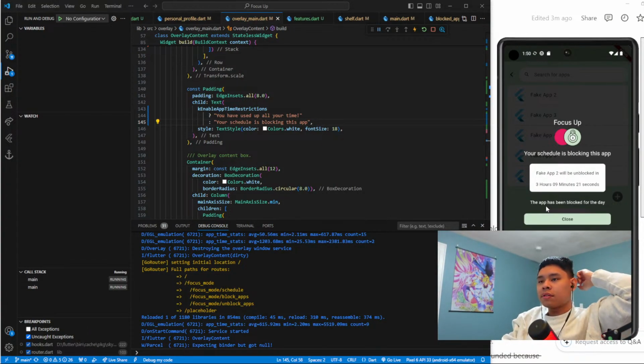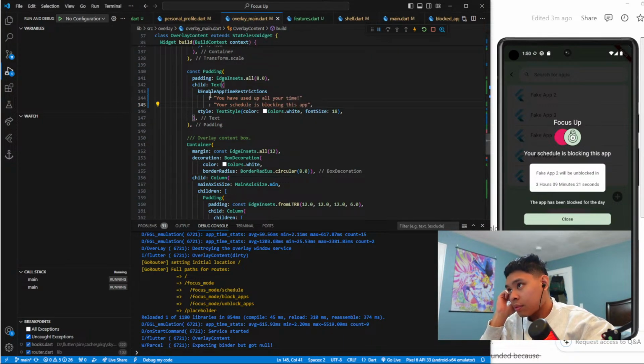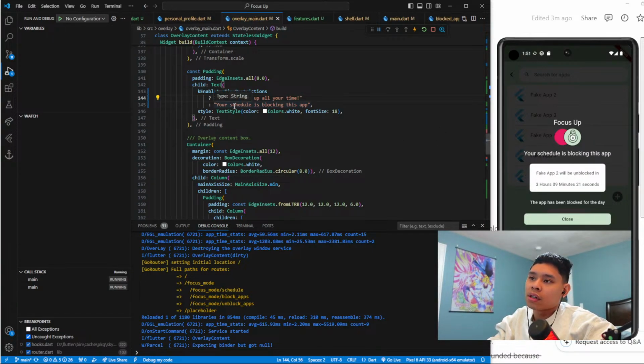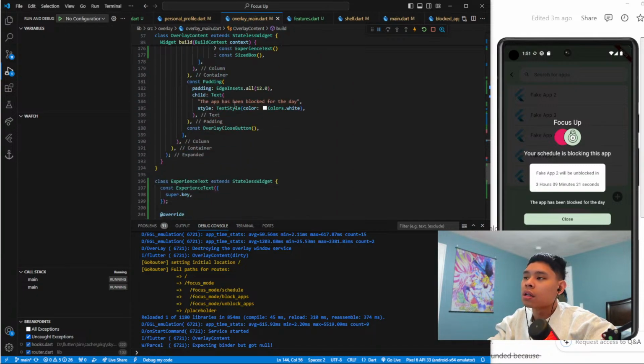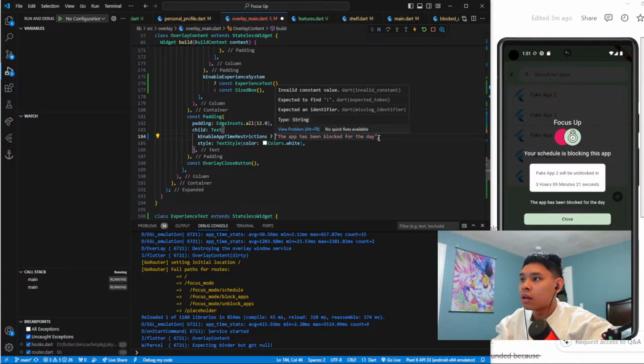All right, that looks good. And then eventually, when we enable this app time restriction feature, this should change to be a little better. And also here. This should also be